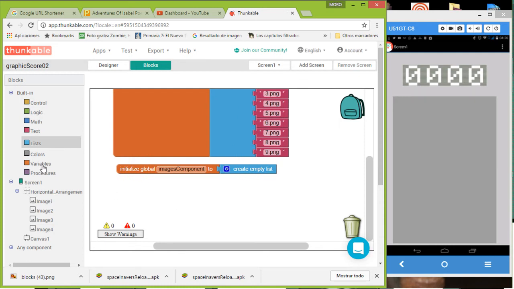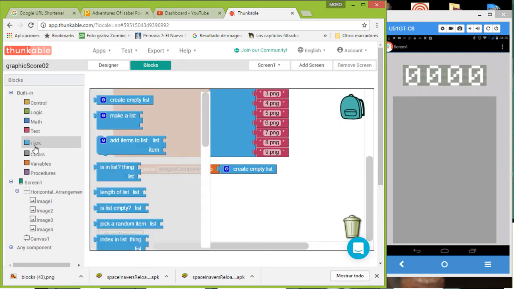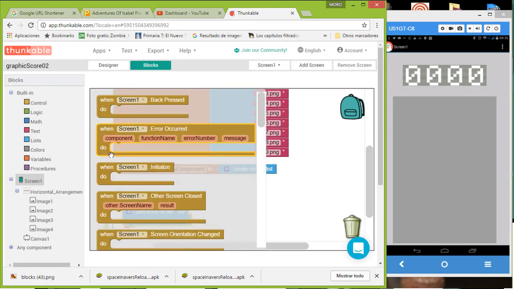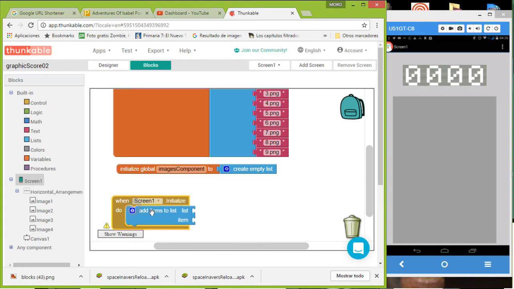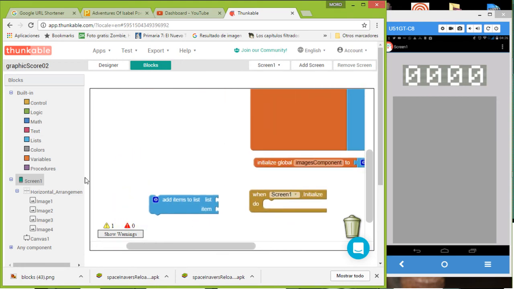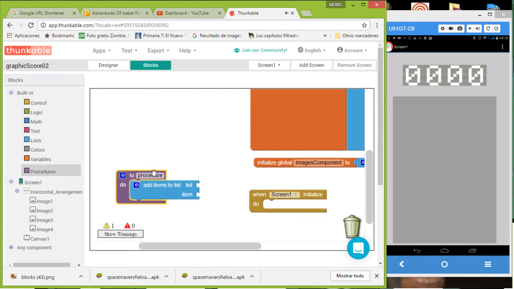Okay, so now we go here to list, add. We're going to add these items when we start the app, when we initialize. You can also add them in a procedure, okay, just to have your blocks organized in the initialize. So you call this make component score, something like that. And then the list is this one, and we're going to add